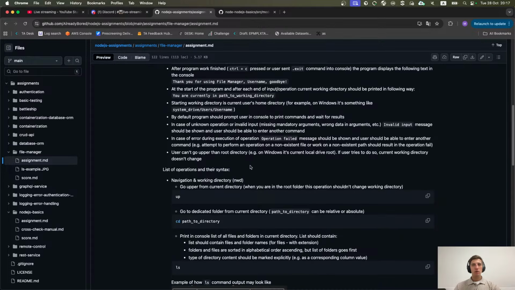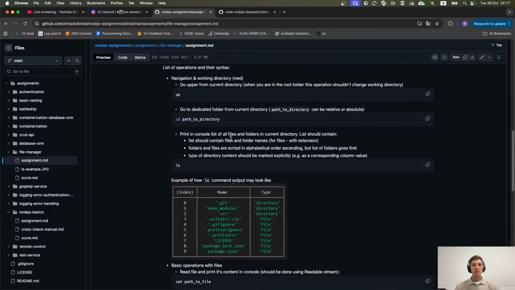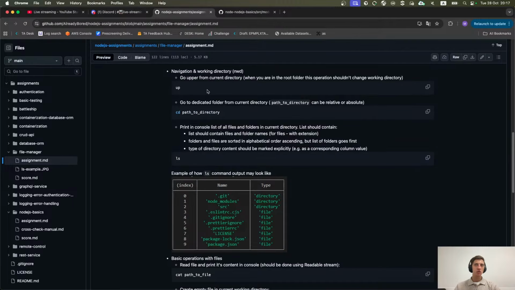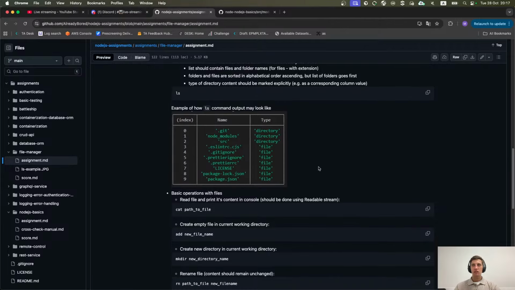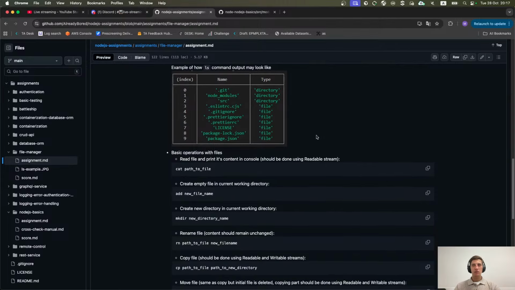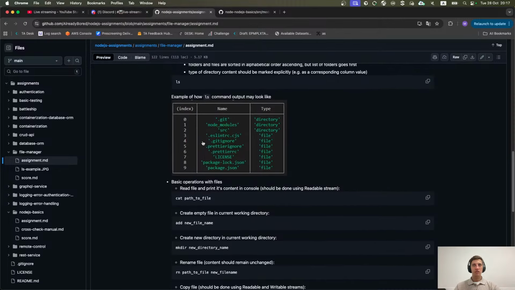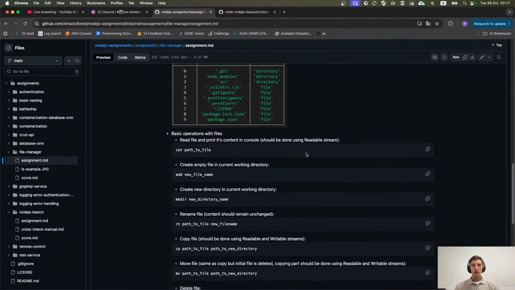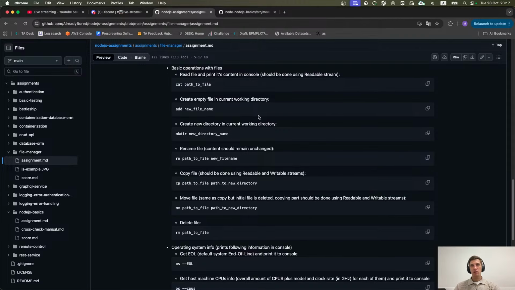So more about operations. You can see that we have some navigation operations. Go to a certain directory, go upper, list files with their types this way. And we have operations that you are already familiar with.